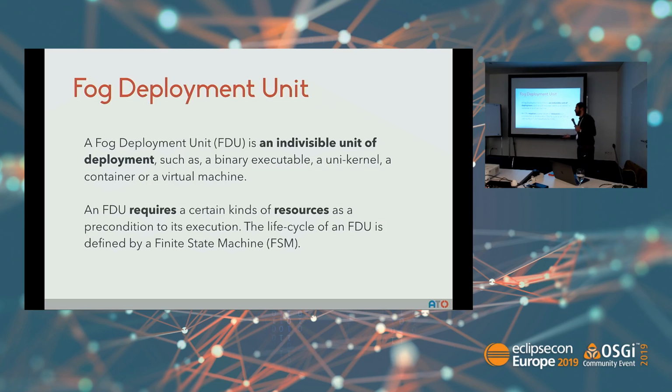So we think about, okay, we define an abstraction, which is the FDU. We define a state machine. We define a plugin interface. And then if someone wants to implement this plugin to manage something pretty strange or complicated, it's up to him. But we provide plugins for managing containers, VMs, native applications, and I think also ROS2 applications. ROS2 is a robotic framework.